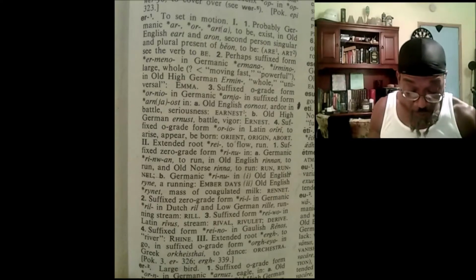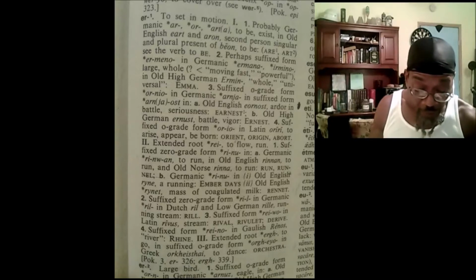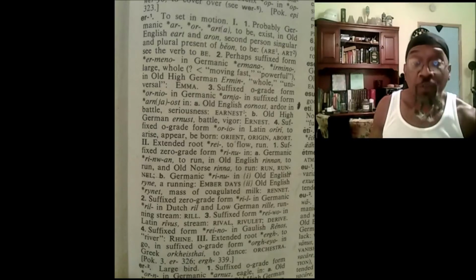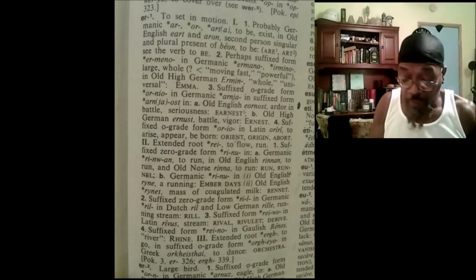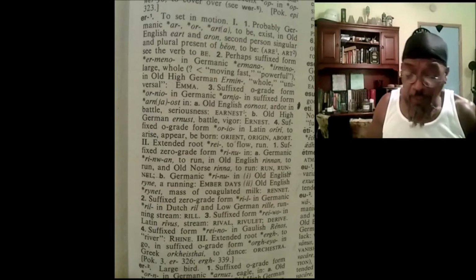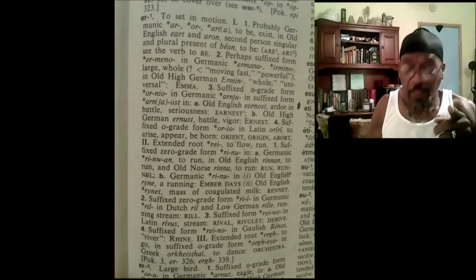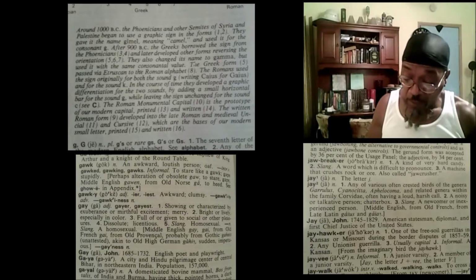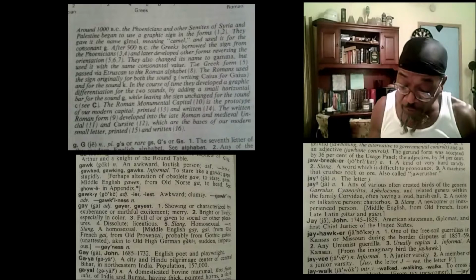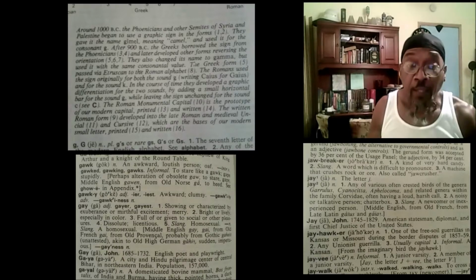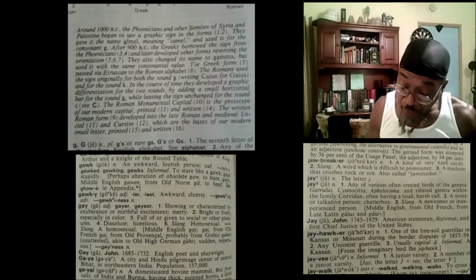But since we know now what they did, it comes down to say it even compared to a dance or an orchestra, where everything just flows. You can't stop it because it's just natural, it's just gonna come out like that. But when they did that, here we go right here, we got the G back up there with another word. But we're gonna go finish where we left off at after they switched the orientation. They also changed its name to Gamma, like the fraternity. So the fraternity represented G. But used it with